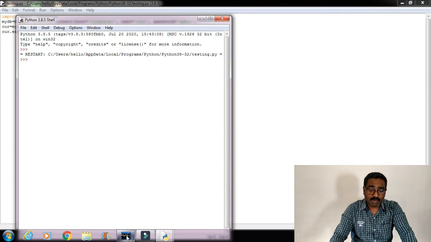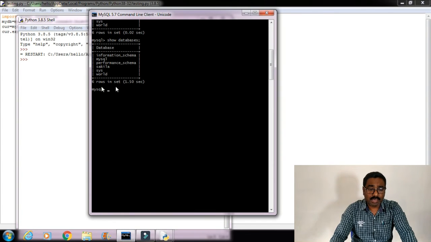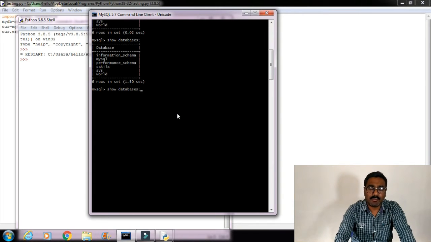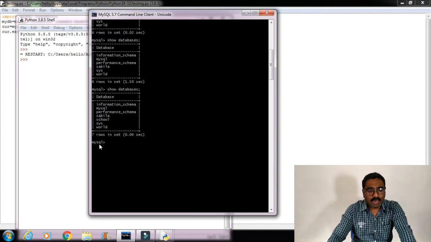For checking the command, you have to go to MySQL. Now I'm here in MySQL, using the same command. Previously when I used the show databases command, there were 6 databases. Now I am using the same command, show databases. Now what happens? 7 rows in a set.